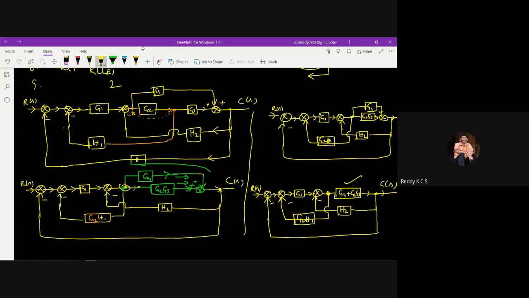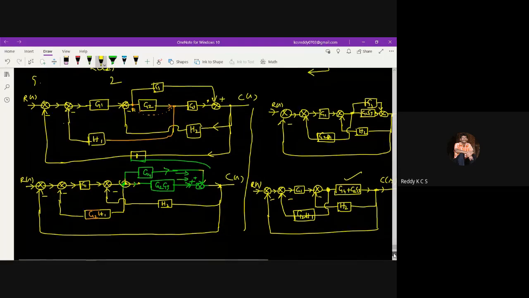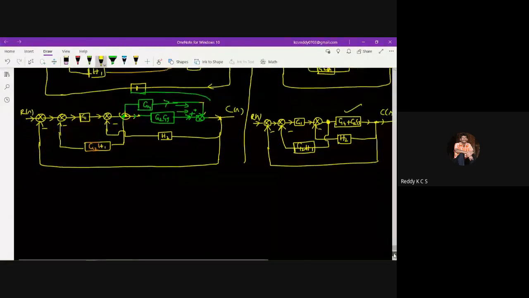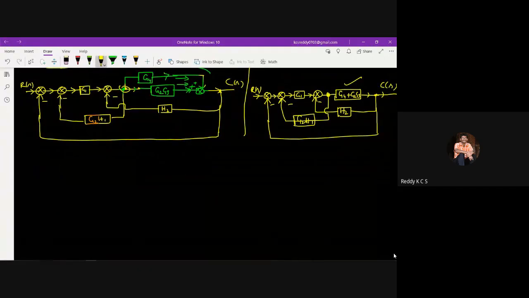Okay, so when coming to this, now you look at whether any blocks are in series. Once again, you have to look into it. So no block is in series. So what I have to do? Once again, there is a change in the sense shifting operations are to be done. So if you look at here, no blocks are in series, no blocks are in parallel, nothing is there.